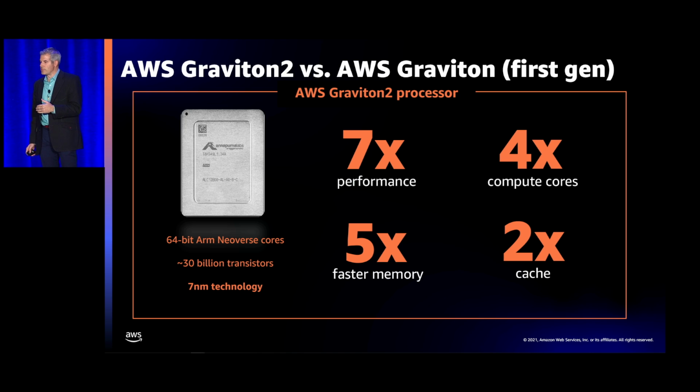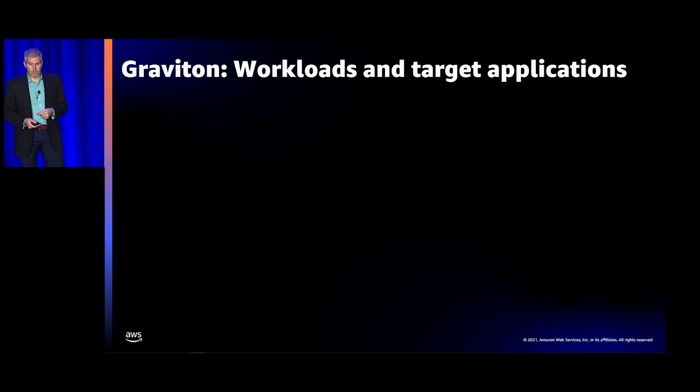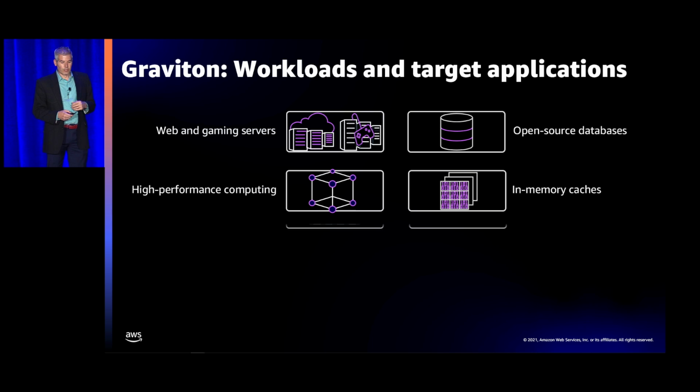So I'd like to take a look how we use that in our instances. I'll also mention, with the 3rd generation processor, we discussed that there's a 60% reduction in the amount of power that's utilized. So for folks that are also, at the same time, not only concerned about performance, but concerned about how much power is used to power their cloud-based instances, the Graviton instances also offer an option in the cloud for that. So with the success of our first generation and A1 instance family, we wanted to broaden the workloads that are there. So for Graviton, especially the workloads in high performance. Don't worry, we won't stare at a blank slide for that much longer. So what are those